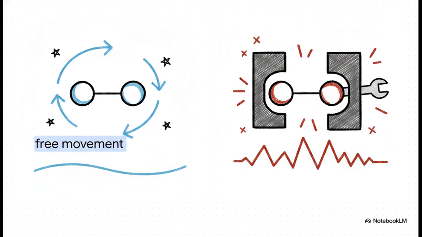1,1,2-trichloroethane, the methylene protons are rotating freely. They share the exact same chemical shift, and they share the exact same coupling constant to the neighboring methine hydrogen. Everything is neat and tidy. But throw them into a biased conformation and that rotation is suddenly restricted. The protons are literally locked in place. They are no longer chemically equivalent, meaning they now have completely different chemical shifts and they couple differently to their